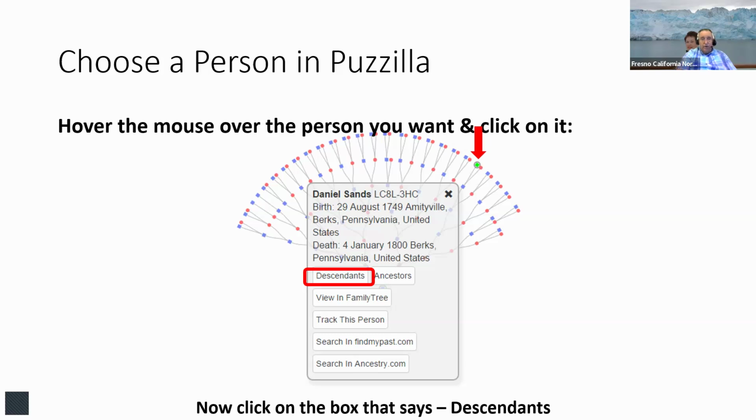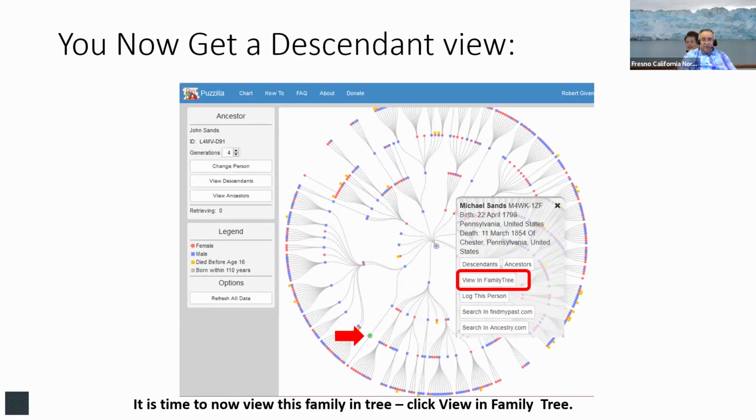Okay, so choose a person in the tree. You hover over the person you want and you click on it. So in this case, I clicked on Daniel Sands and said, let's see descendants. And when I looked at this, there are all kinds of holes and places that would be different places I could work. There's a lot of people who are targets, if I would click on targets, but I chose